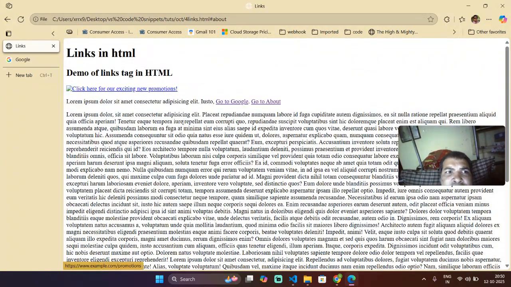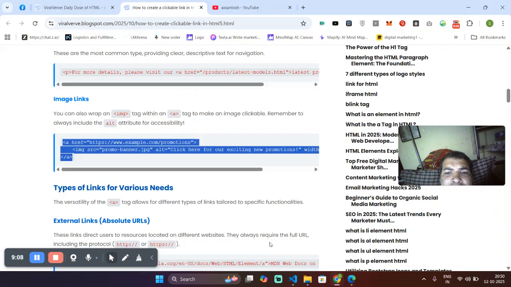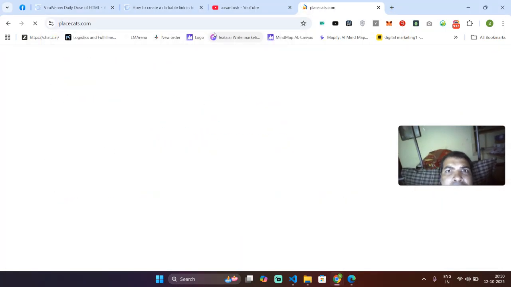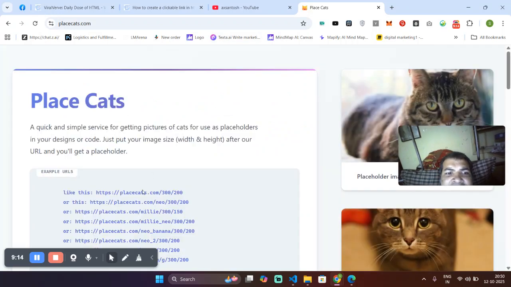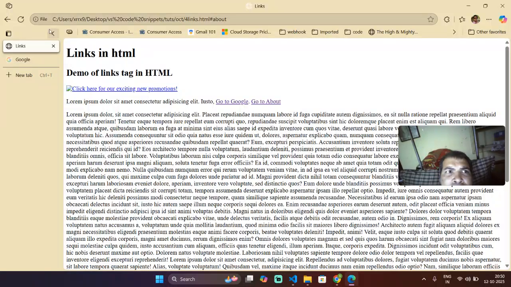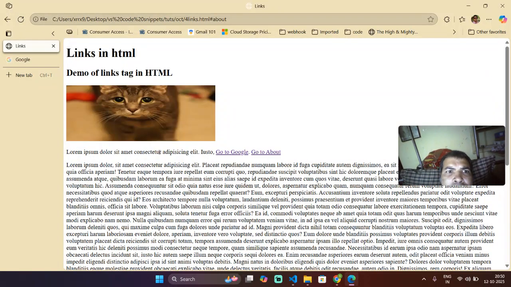But I will use something called placecats over here, which lets you post an image. I will copy this image and put it where it says promo images. Now if I reload, it has a cat, and when I click on it,